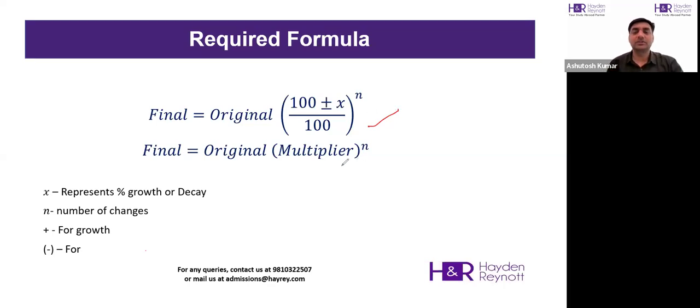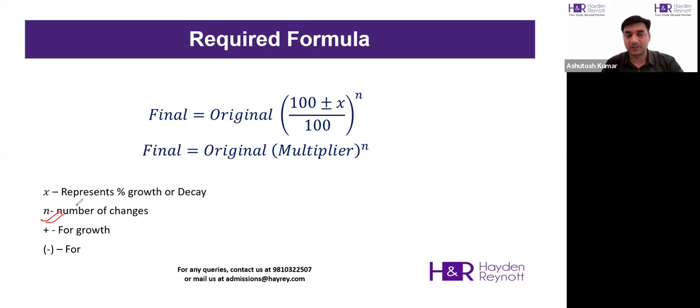So in that case, you'll be using the second formula, which is final is equal to original into multiplier to the power n. In both cases, n represents the number of changes. Number of changes means, let's say something is getting doubled every 5 years, and then you have to find out what will be happening after 10 years. Because it is changing after every 5 years, in 10 years the number of changes will be 2